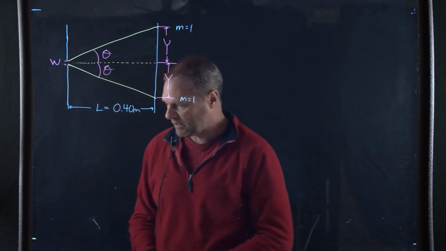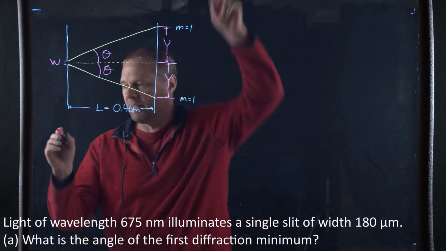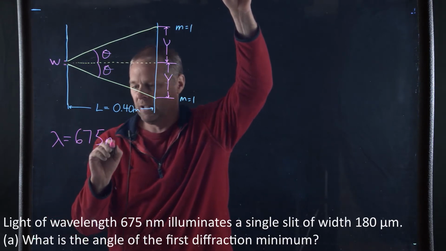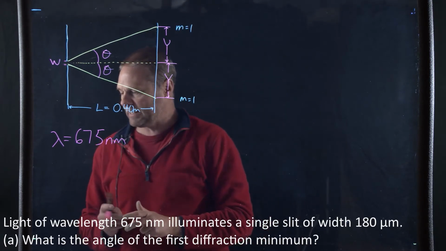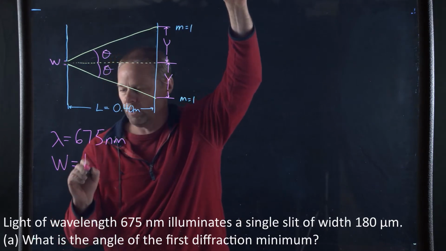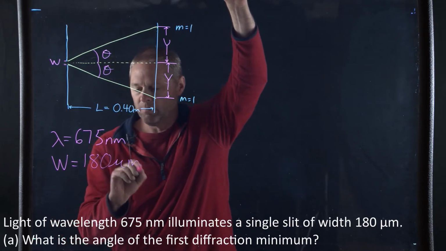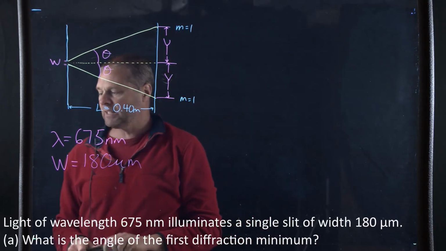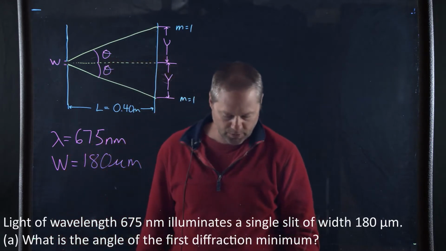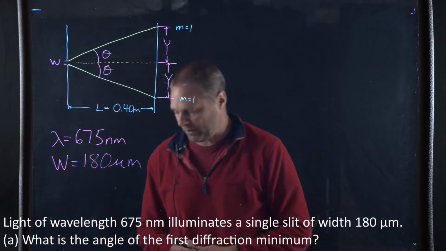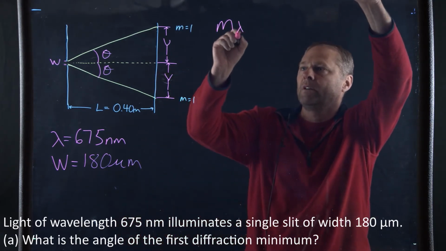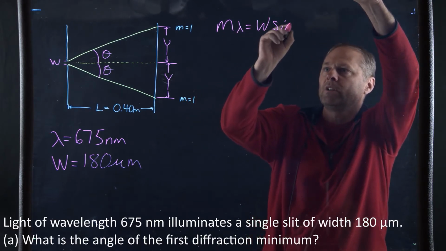And the question reads as such: light of a wavelength, lambda, equal to 675 nanometers, illuminates a single slit of width equal to 180 microns. What is the angle of the first diffraction minimum? So when we talk about the first diffraction minimum, we're talking about the destructive interference. And the equation we're going to use is m lambda is equal to W sine theta,